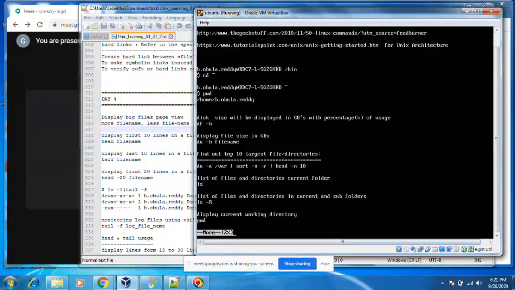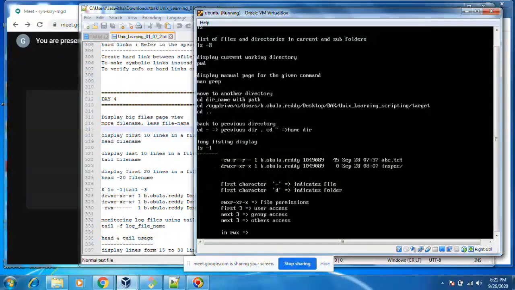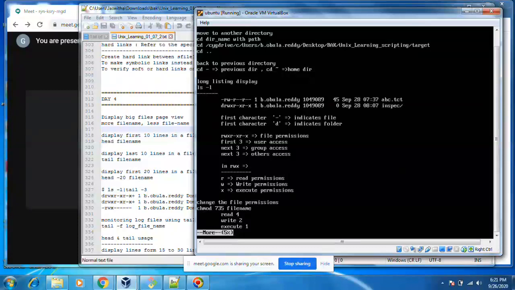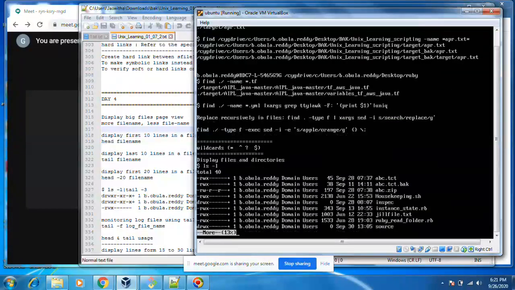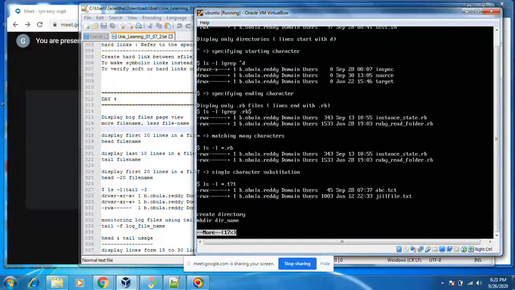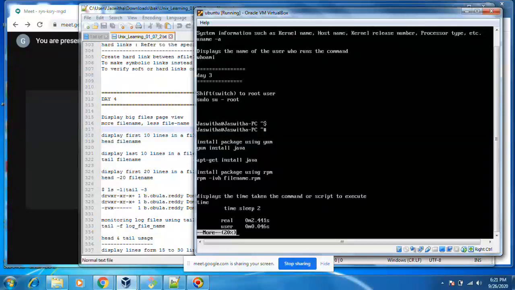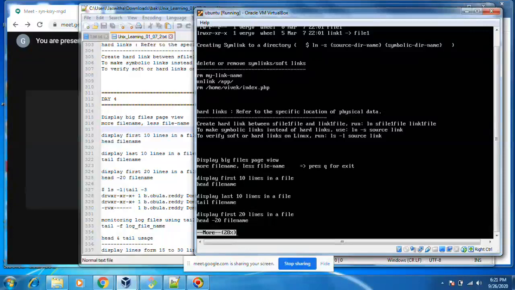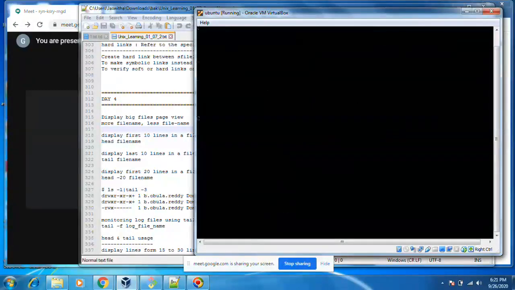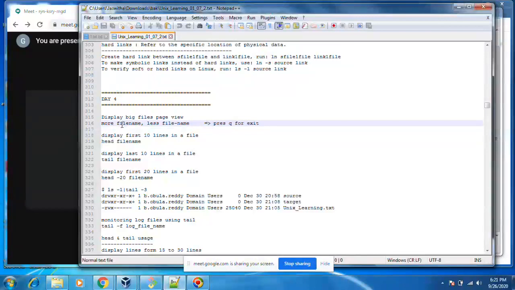If you press the space, another 50 lines, another page of data will come. Again, if I press space, I will get another page of data, page by page. Suppose all these lines are 40 lines; for every next 40 lines, press the space or any key, and like that we can view page by page. For coming out, press Q. This is called more, for page by page view.